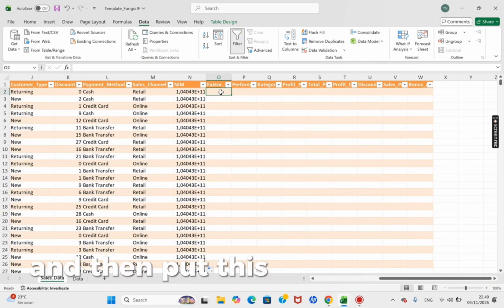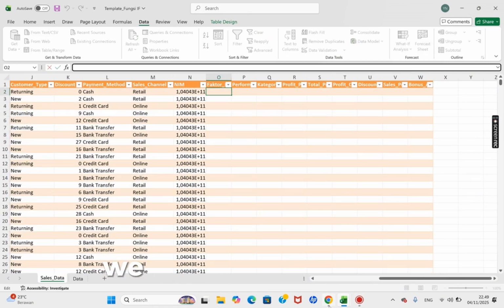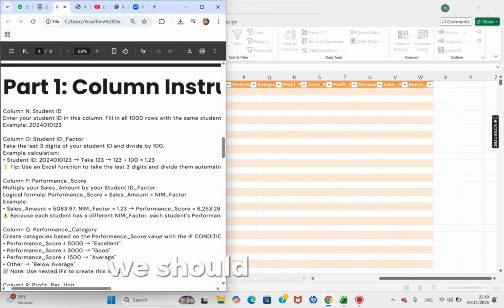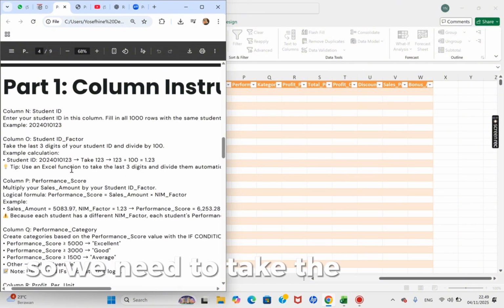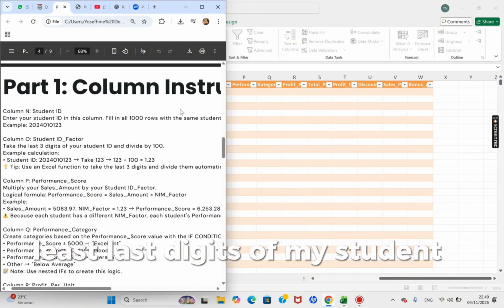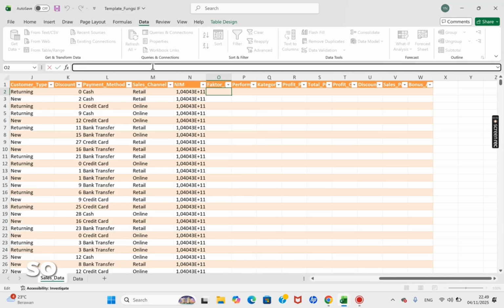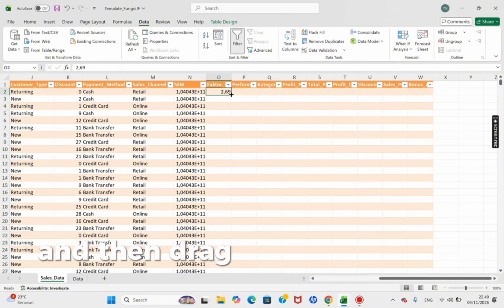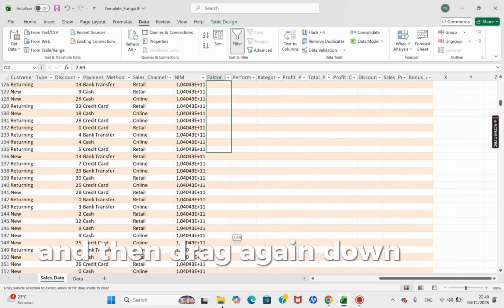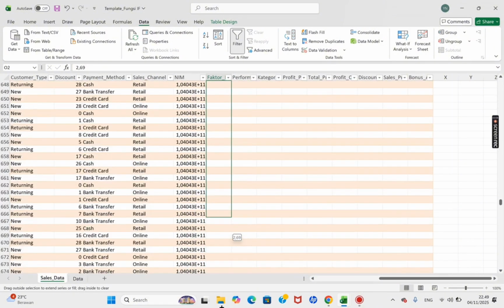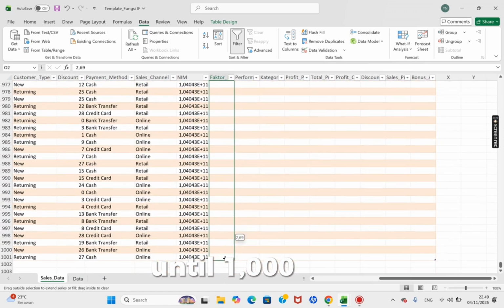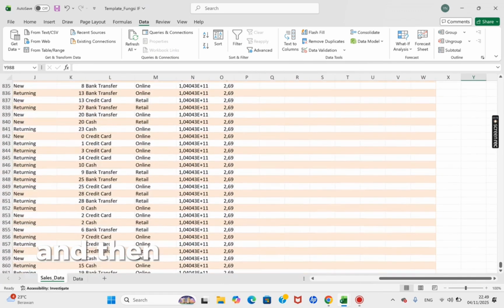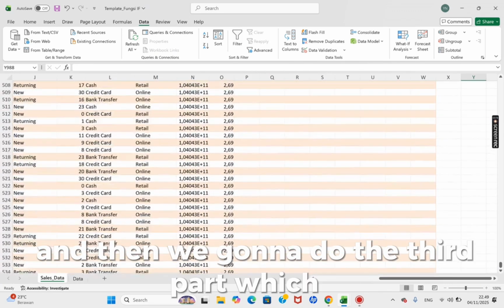And then put this one. In this case, we should do this one. So we need to take the last 3 digits of my student ID and divide by 100. So it's going to be 2 like this. Okay, and then drag again down until the bottom part, until 1000. Okay, and then we're going to do the third part, which is